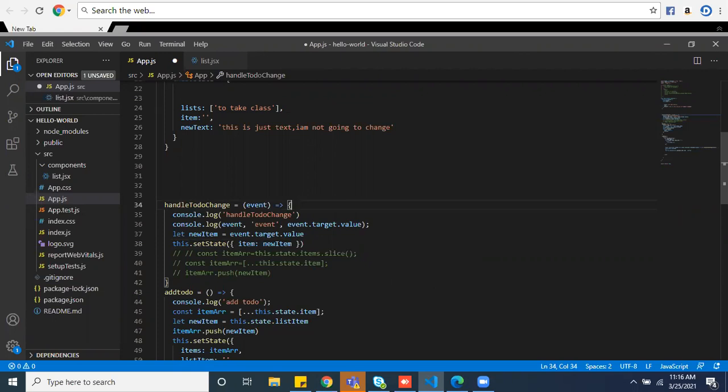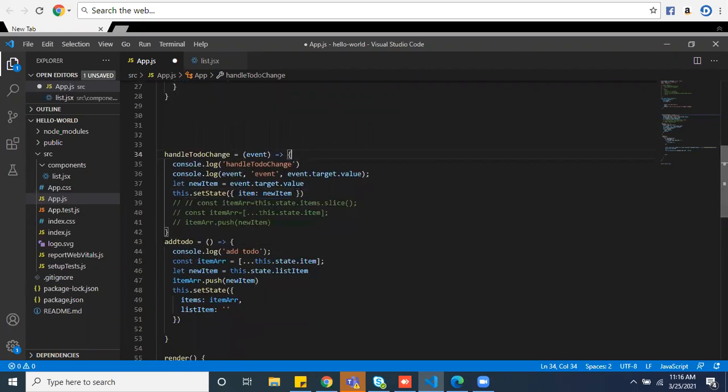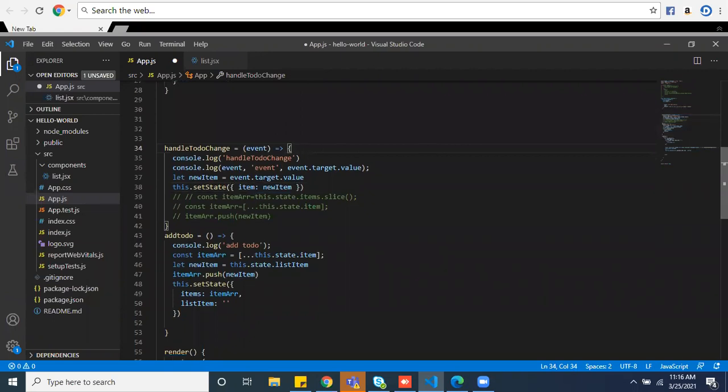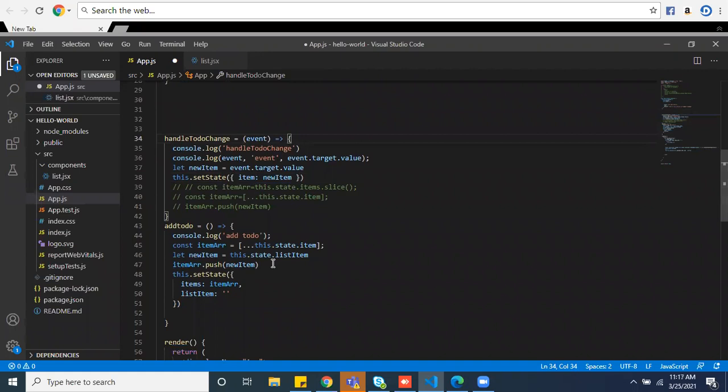Now, items array equals to spread operator of, in line number 45, this dot state dot lists, I think. Was that your array name? Yes, lists. Not items lists, but just lists. And in line 46, what was your let item equals this dot state dot, what was that item?